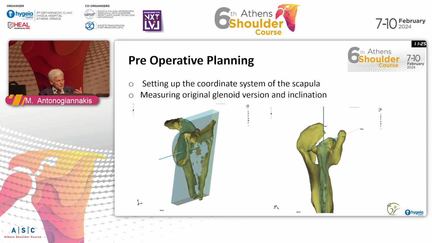And it was not different where they put the implants. It was different in the calculations of the version and the inclination, because these calculations were made with an error,